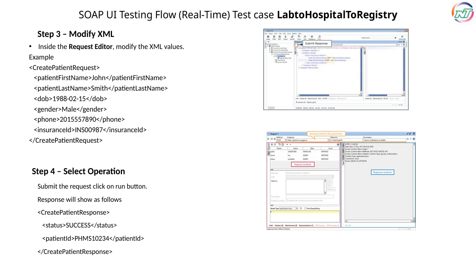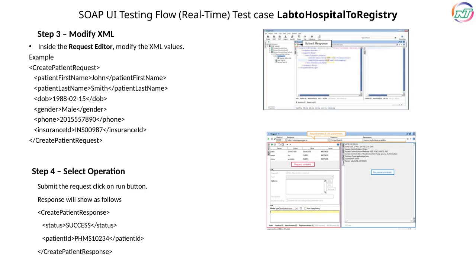After submission, SOAP UI will process the request and return a response in XML format. This response indicates whether the operation was successful and includes the patient ID generated by the system, such as PHMS 10234. This process allows you to verify that the patient creation is functioning properly and that the data is being